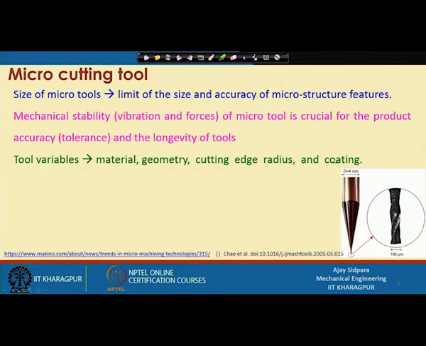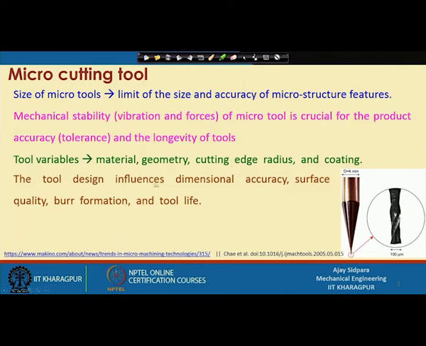And there are different types of coatings available, because when you use a particular cutting tool without any coating, you have to sacrifice the life. Coating always increases the life and makes sure that the cutting edge remains sharp for a longer time, as well as sometimes helping to evacuate the cutting chips which are following these particular fluids. That is why coating is one of the important parameters or variables for cutting tools.